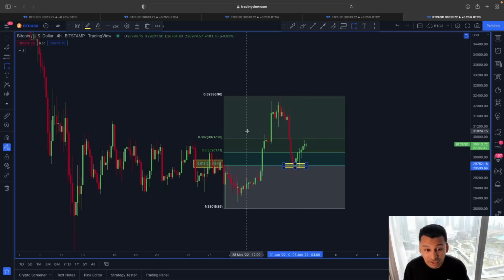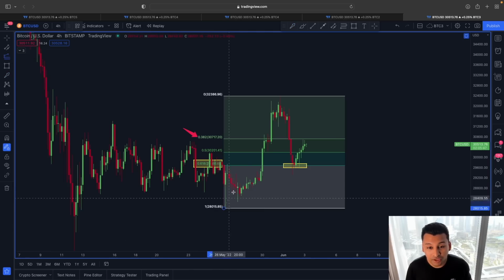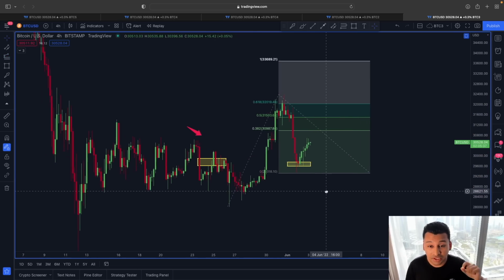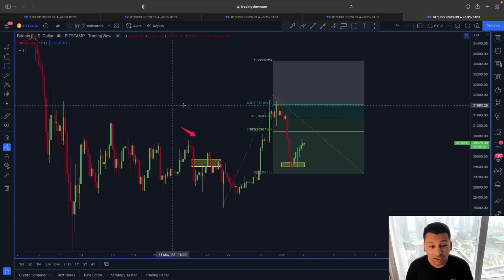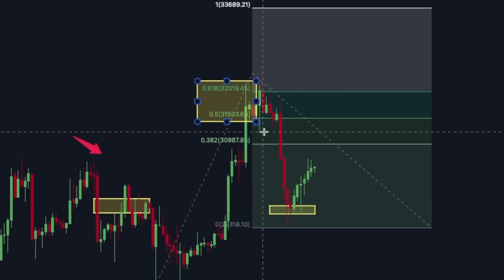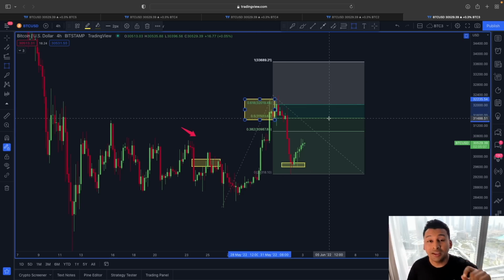because we can see the 0.382, around 30,700, is a line of resistance we have to overcome. But if we do break above the line, then I want to look at this price movement using the Fibonacci extension. Let me remove the Fibonacci retracement. According to the Fib extension from this low to this high, if this trend is looked at as a continuation movement, then we could be approaching the 0.618 or 0.5 Fibonacci line, which is between 31,500 and 32,000. So this area is going to be our potential price target if we overcome the obstacle around the 30,700 price